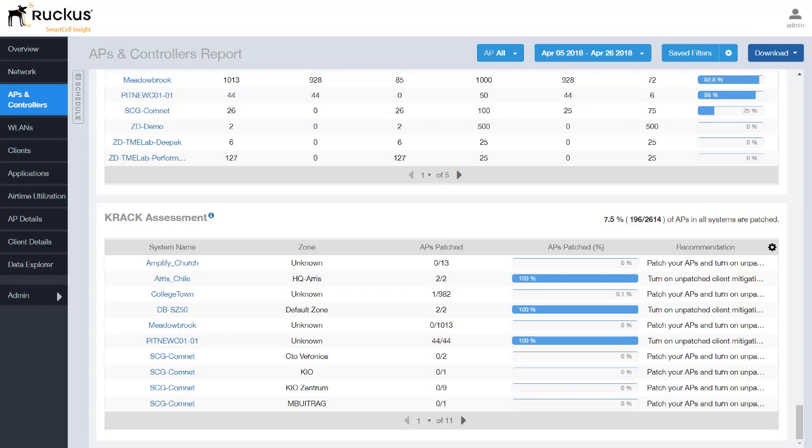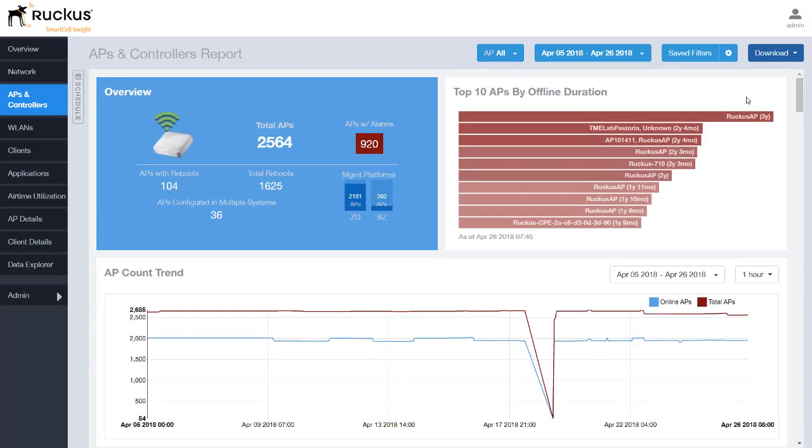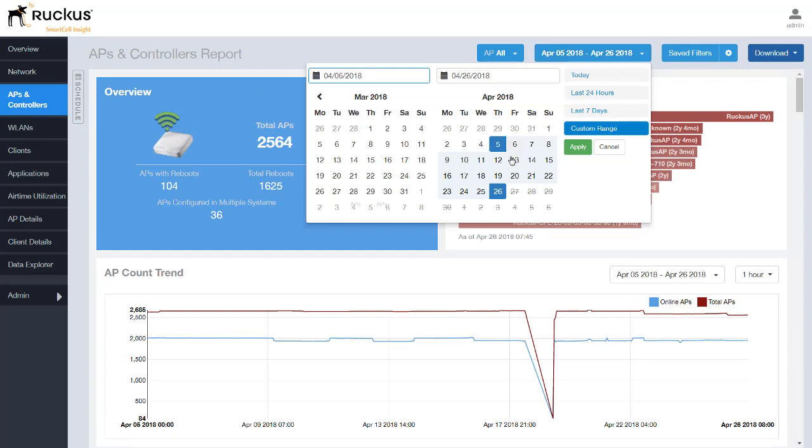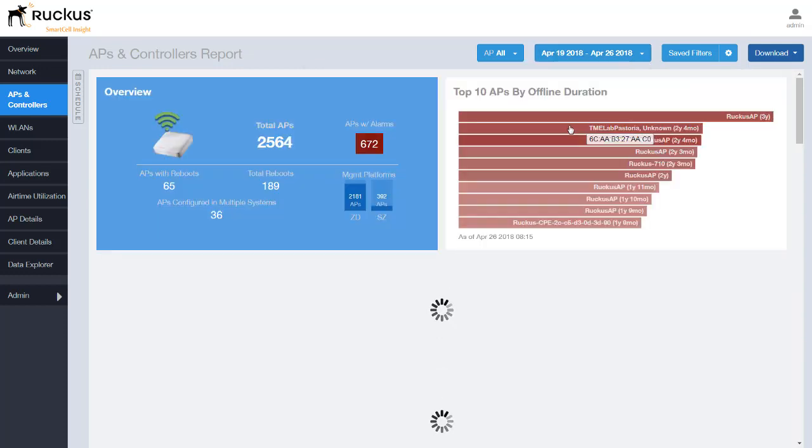Now each of these reports can be downloaded. They can be downloaded right here to a CSV or PDF. Now what you download from here will be whatever you're viewing on the screen. So if you set up a new filter, let's just say for the last week, we apply those changes, we